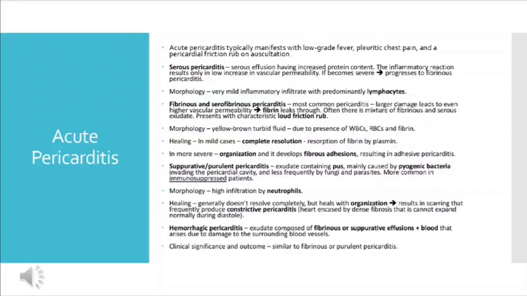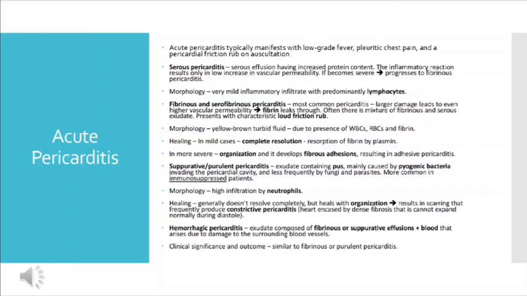It could be from neighboring infections like empyema of the pleural cavity, or hematogenous spread, or lymphatic spread, or it could be even direct inoculation in cardiac surgery. And as you know, wherever bacteria go, neutrophils will go. So the morphology, you'll see a very high infiltrate of neutrophils. And healing for this pericarditis, it generally doesn't resolve completely, and it heals with organization, resulting in scarring that frequently